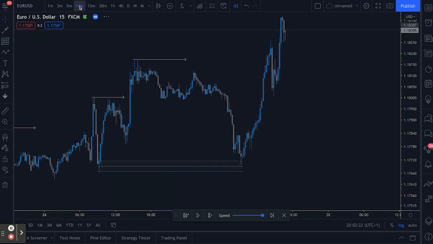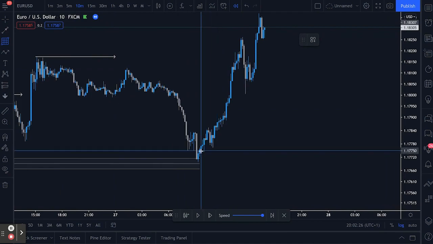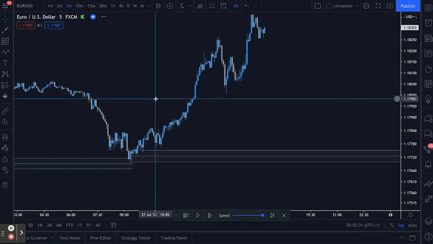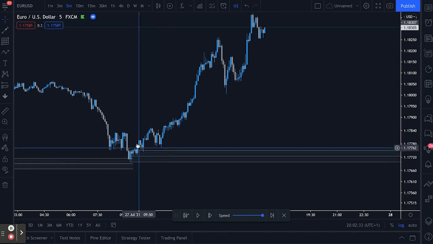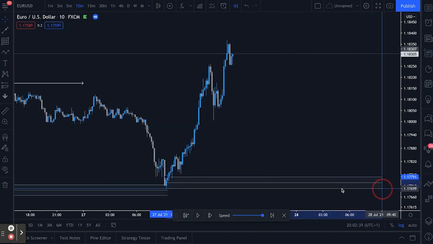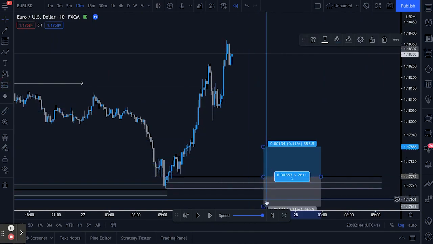So if we go to the lower time frames, let's go to the 10-minute time frame and mark out this demand zone here. We could even go lower if you want a really refined demand zone. They're all looking around the same, 5-minute, 10-minute, and so on. So we'll work with this zone for now. If we put our order on using the same methodology that we used last time, so an order at the top of the zone,